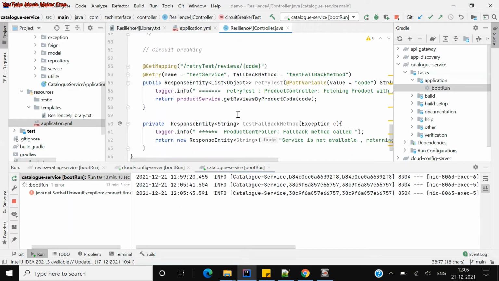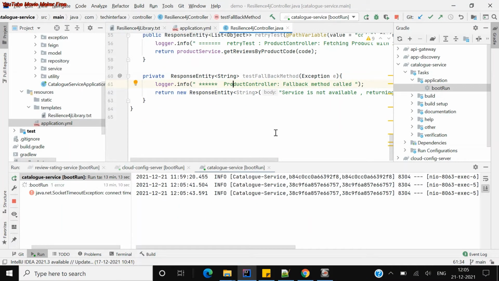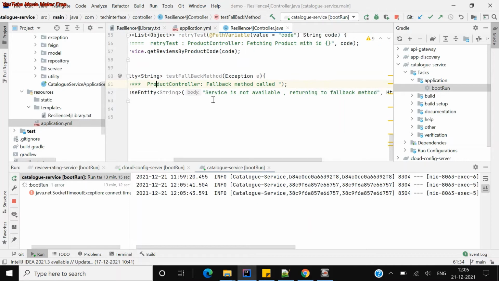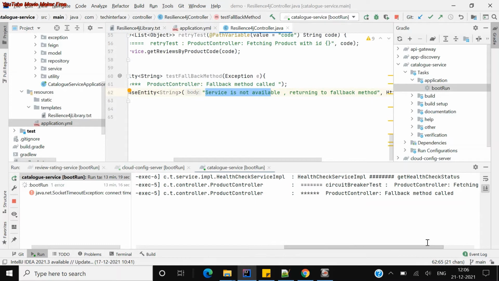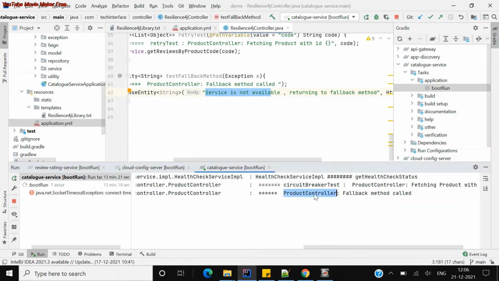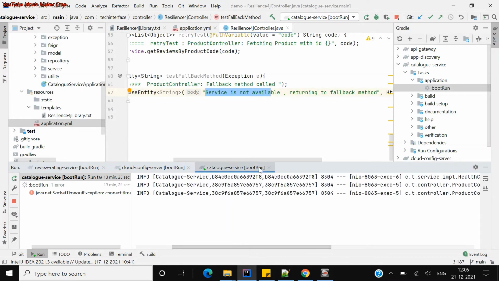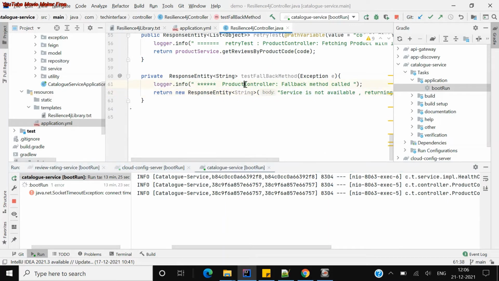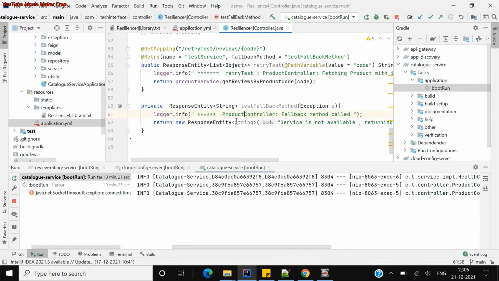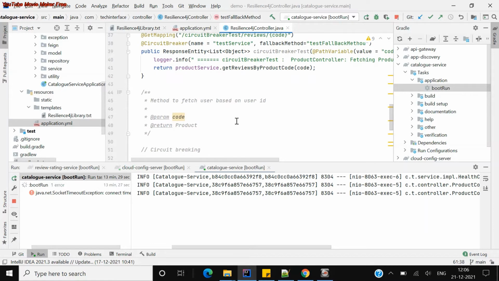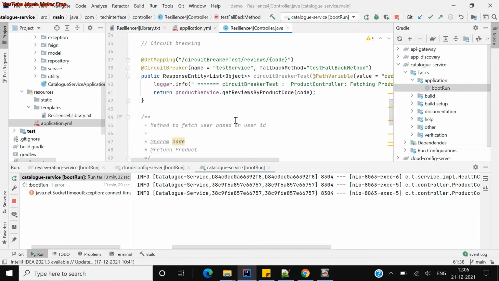If you see the product controller fallback method, what I'm returning is that the service is not available, returning to the fallback method. If you see the logs here also, the product controller fallback method is called. So as soon as the service is not available, it directly falls into the fallback method.